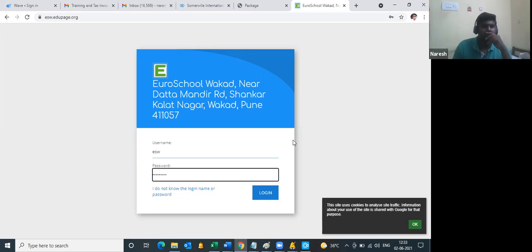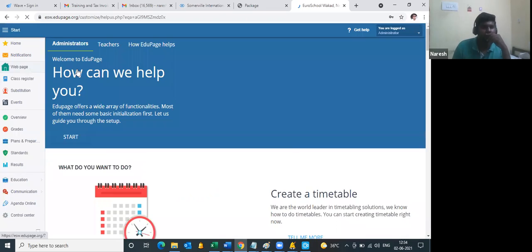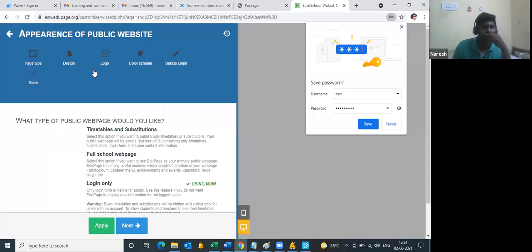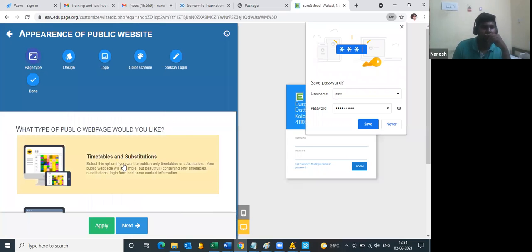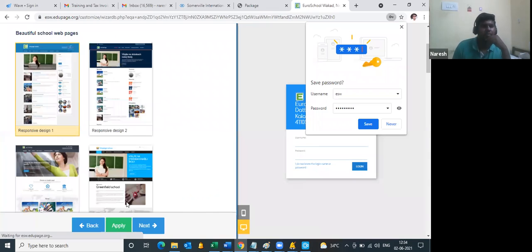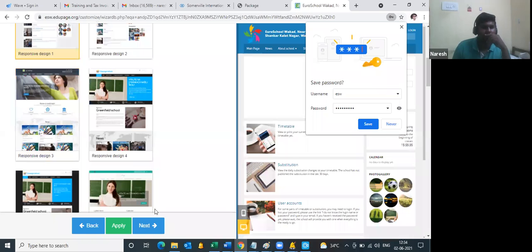Once you log in inside, you can update your web page. Select your design of web page. You can take your time. Full web page, responsive, apply. You can take your time for designing your logo, the coloring, everything later.